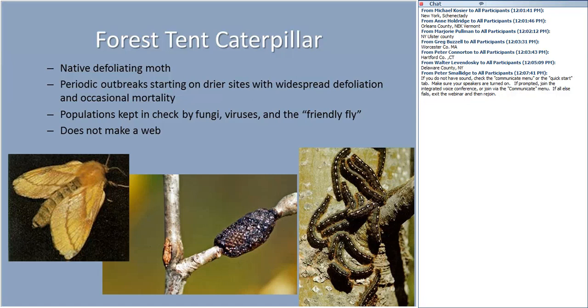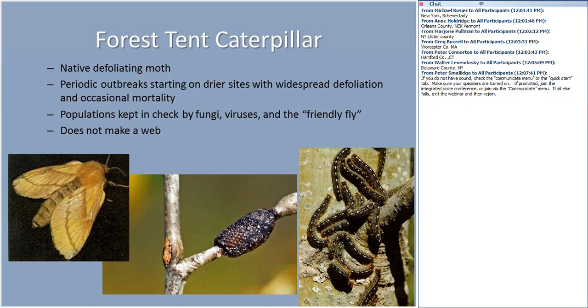Populations go up and down, and the interesting thing that I found when we were undergoing the outbreak in the mid-2000s was that the outbreak seemed to start on the drier soils. Once again, I'm going to harp on stressors because I feel the stress does something to the tree. It changes it. Exactly what it does, I don't know. It alters the chemistry, maybe. I'm thinking on the drier slopes, it might inhibit its capacity to produce the secondary chemicals that it normally would.